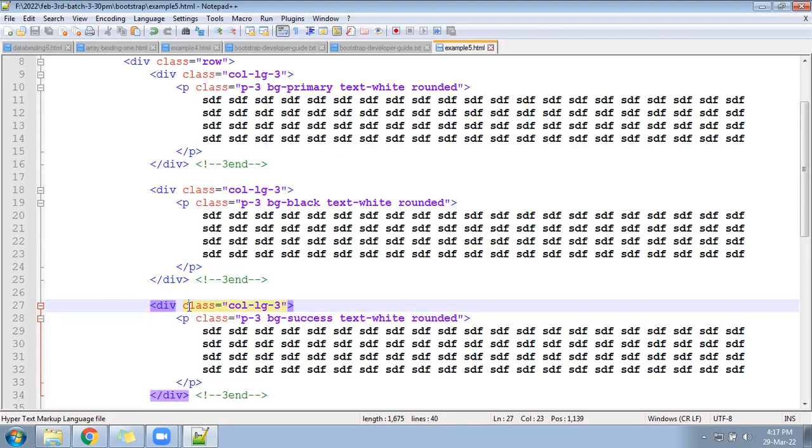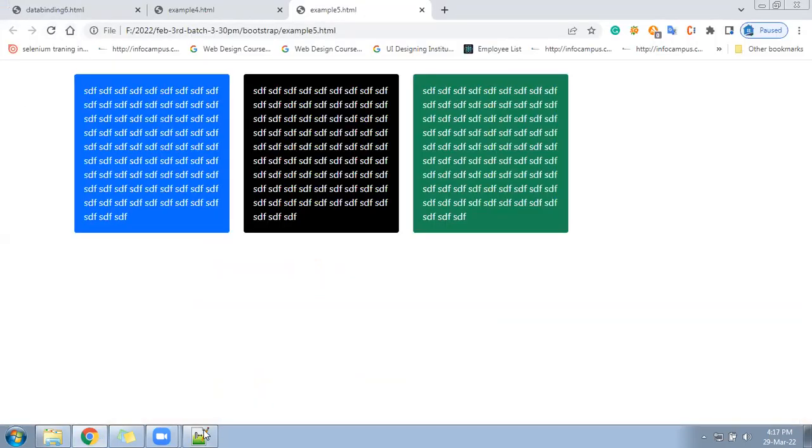BG success, hope it is coming green color. Let me come to the next in the browser. Look like this, green color.